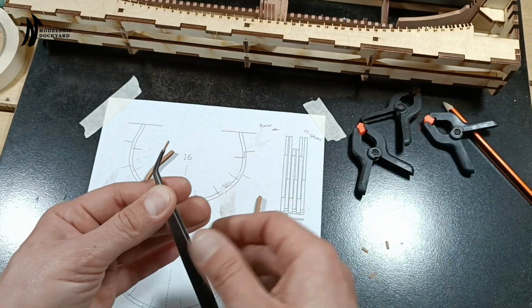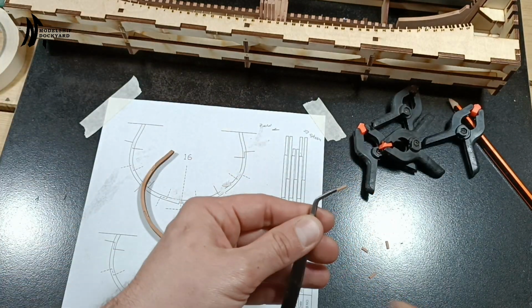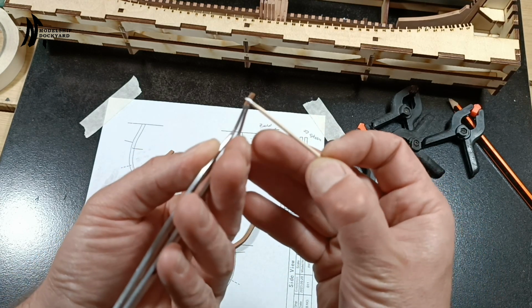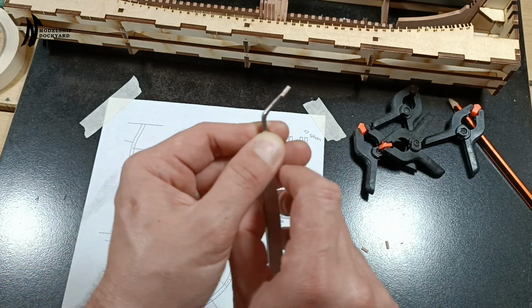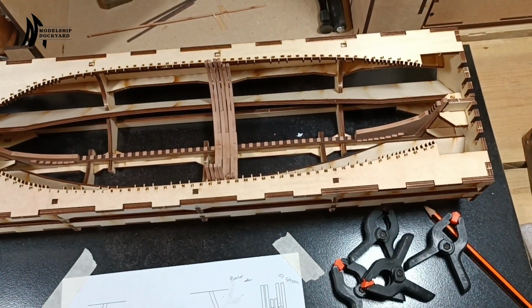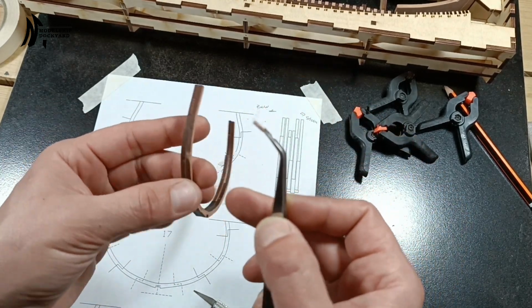Now, a pair of tweezers. Prepare 4 straight clamps, a pair of tweezers, a bit of glue. Now guys, we need to put it. Obviously after putting all of the ribs in the ship, you're going to add more of those pieces, but first